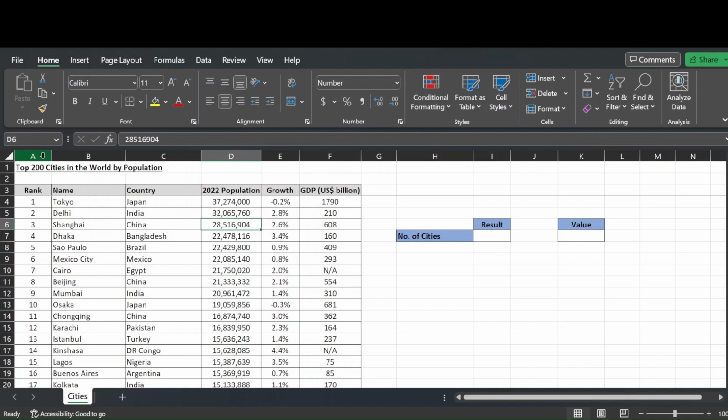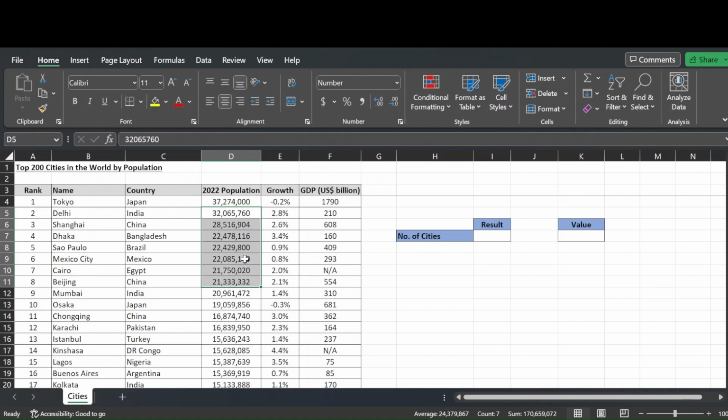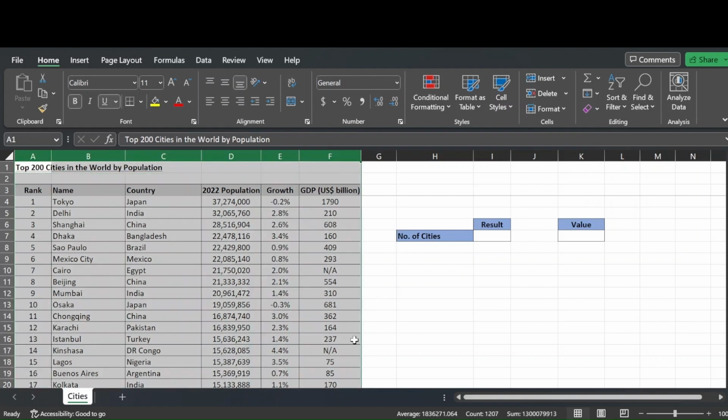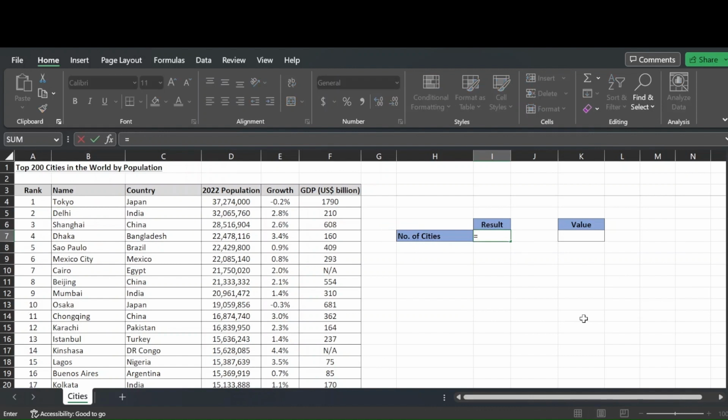Today we're going to be looking at the COUNTIF function in Excel, specifically with regards to the COUNTIF function being used to count the number of instances where data is greater than a certain value. So as an example, we've got the top 200 cities in the world by population, and we're going to use the COUNTIF function to count the number of cities in this table that have a population of greater than 5 million. So to do this, we'll go to cell I7, hit equals, type COUNTIF,